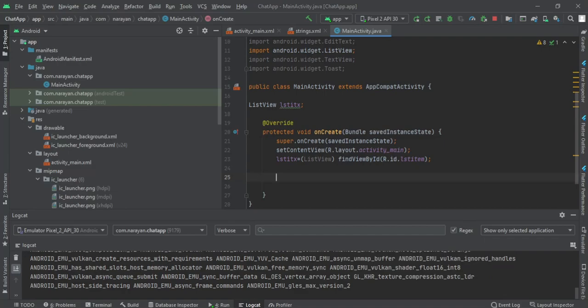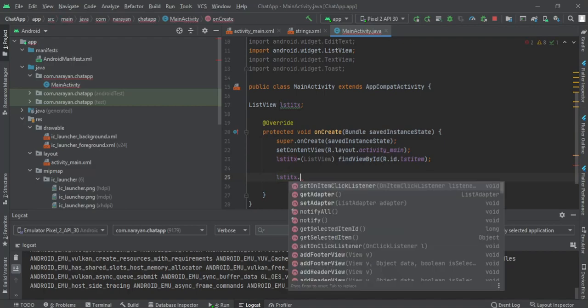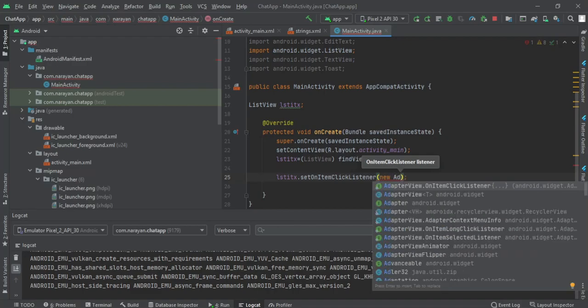Here a similar listener known as the on item click listener is used. Just remember, you can also use an on click listener on a list view, but that is a caveat you need to be careful about: use proper listeners for proper components. Whenever there are item based components, you will have to use the item listeners. Just remember that while you are coding, and set item click listener, new AdapterView.OnClickListener.